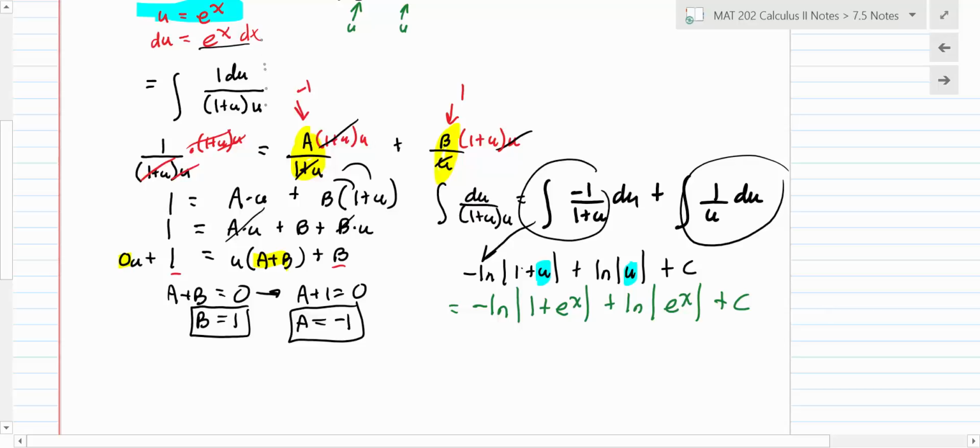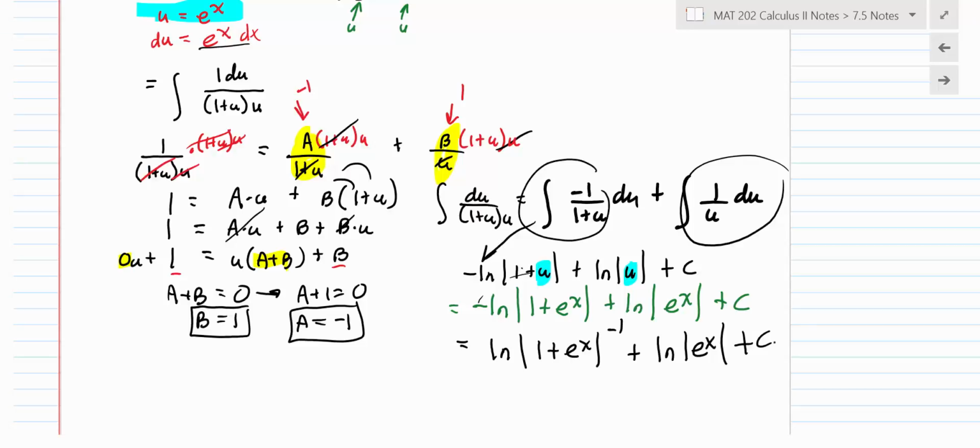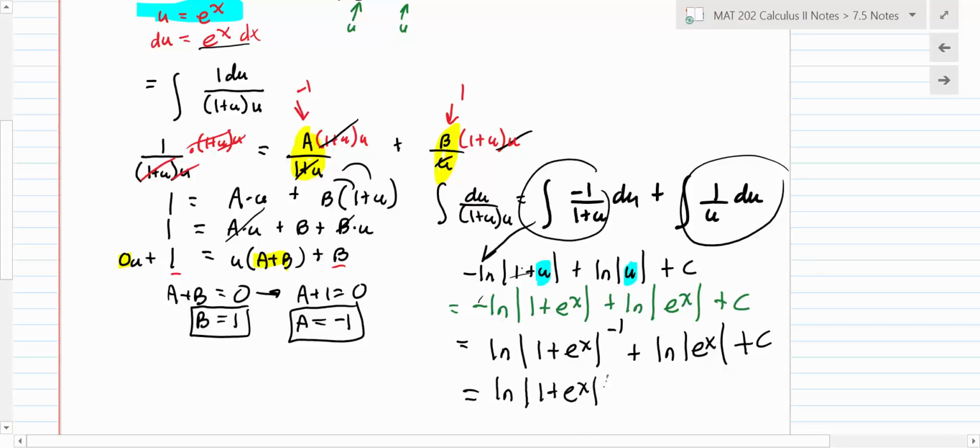Okay, so when we have this, you can do this all in your head if you want to. I'm going to move that negative up so that I get ln of (1 plus e to the x) to the -1. And then this is just going to be ln of e to the x. So how do you put these ln's together on this problem? Just add. It's a product. So the sum of logs becomes the product. So we just say ln of (1 plus e to the x) to the negative 1 times e to the x